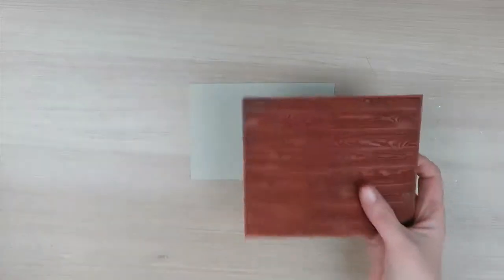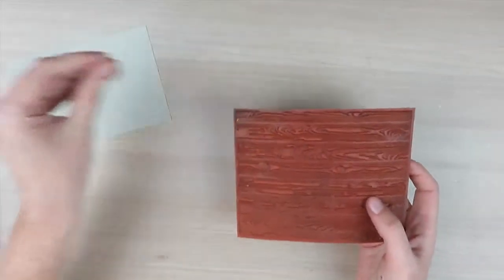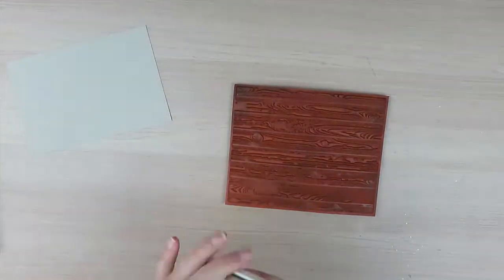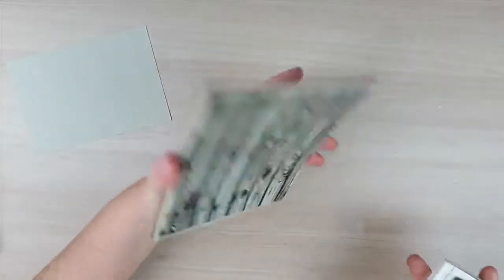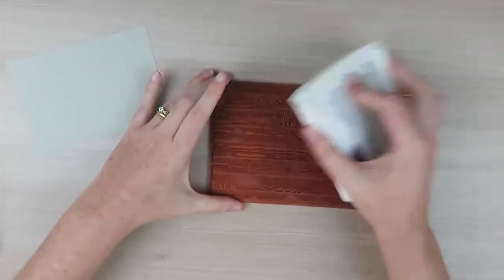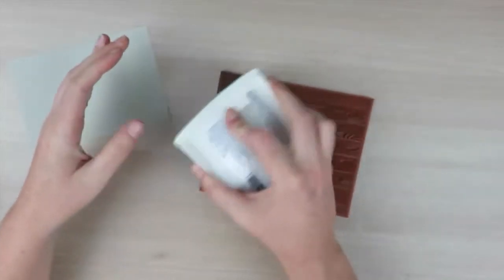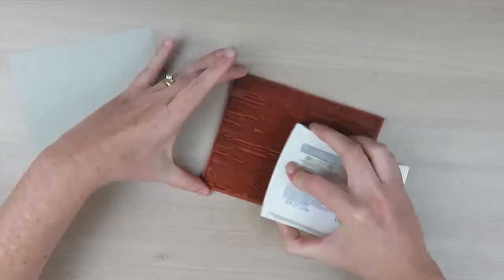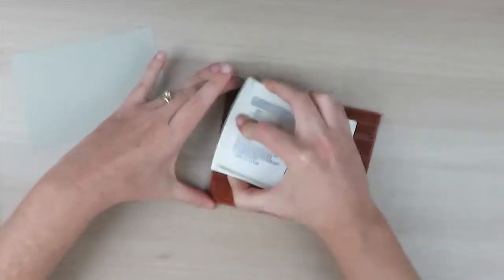I have with me here a piece of Sahara Sand cardstock that measures 14 by 9.5 centimeters. So I have my hardwood background stamp here, and I'm going to ink this up using the Sahara Sand ink. And I like to just put mine clean out, and I don't even bother putting it on a block. I just turn it upside down and then just ink it up. Give it a nice good coverage,